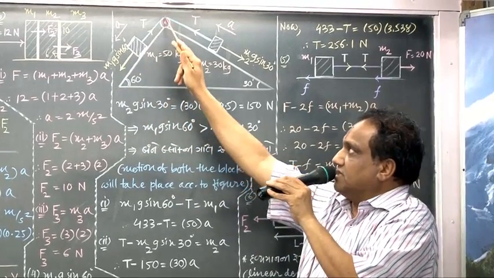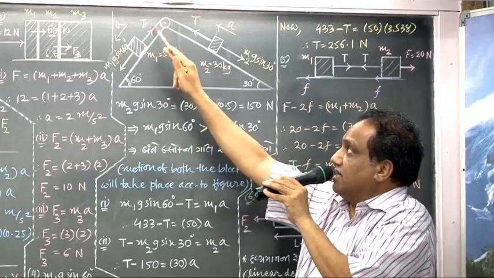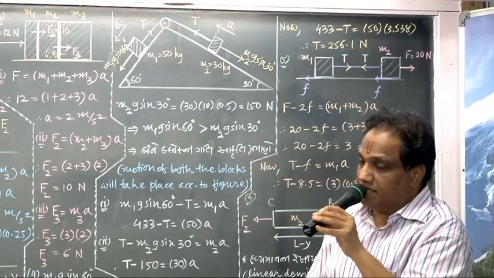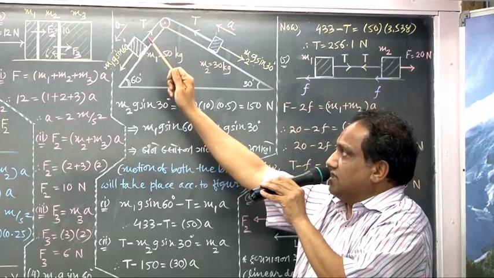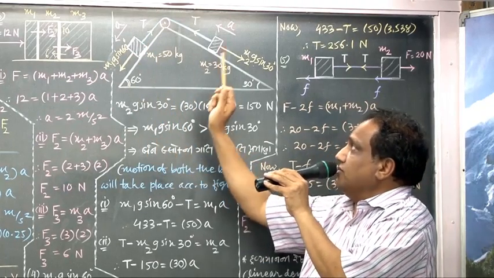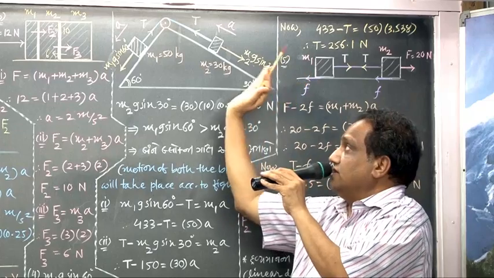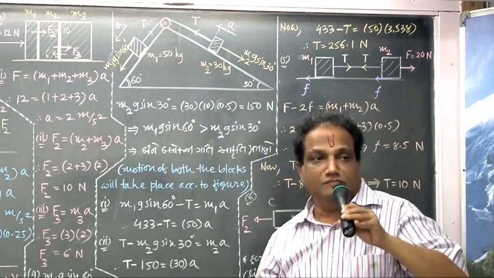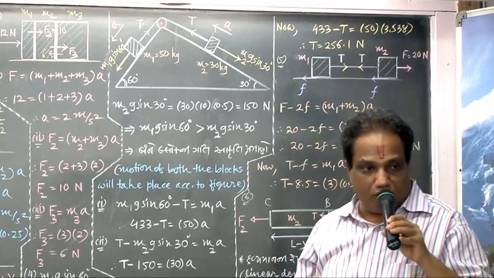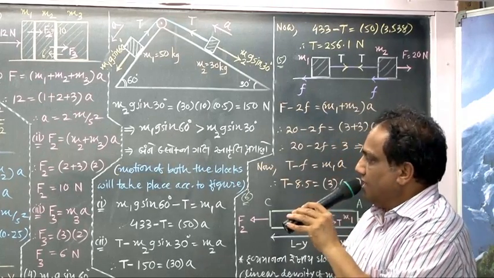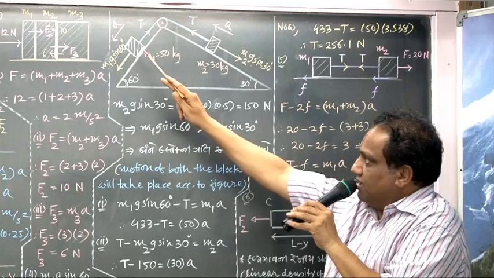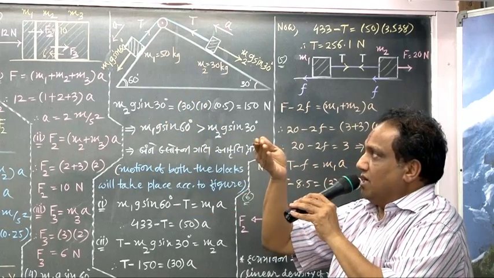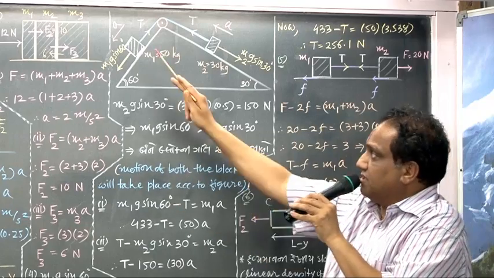But as this starts sliding, because the string is inextensible, when this block starts sliding towards the bottom of the slope, this has to start rising on the slope this way, correct? Towards the peak of the slope. Okay, fine. Now, when this block is moving with some acceleration, can't you write the equation of motion for this?